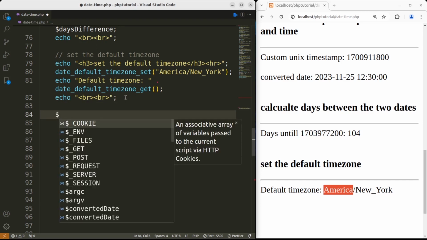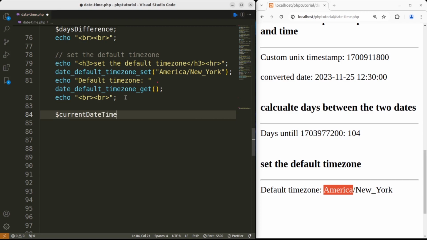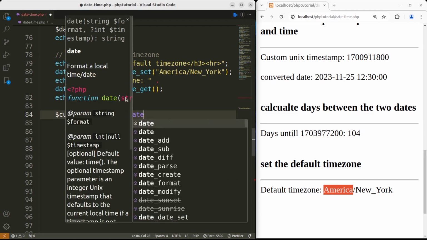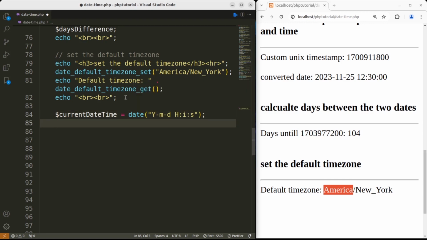Now I am going to define a new variable, current date and time equals to date, and let's pass here the format, which is uppercase Y hyphen M hyphen D space uppercase H colon I colon S followed by semicolon, and then let's echo within quotes